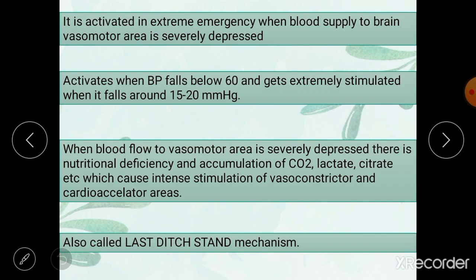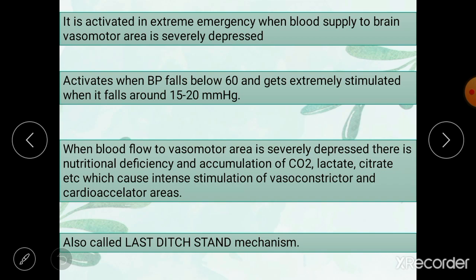So what happens is this loss of supply results in activation of severe vasoconstriction in all vessels of your body, and increased heart rate and increased contractility, so that your blood pressure can be maintained and blood can be supplied to your brain so it can keep you alive. Okay, so when your mean arterial pressure falls as low as 15 to 20 millimeter mercury, your CNS